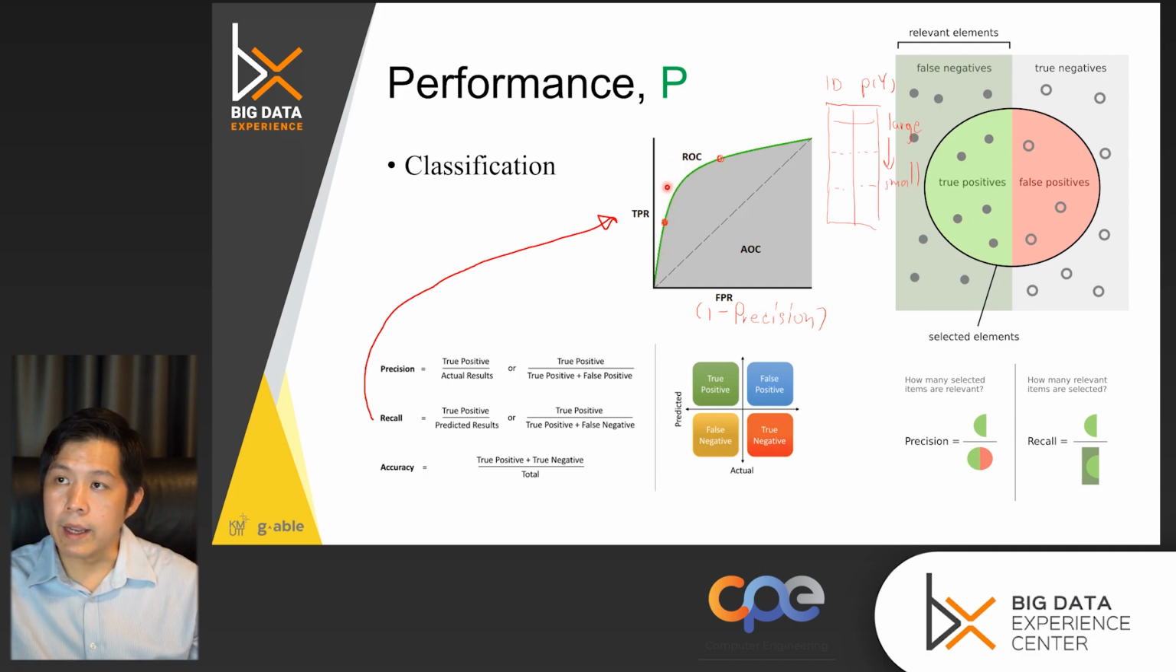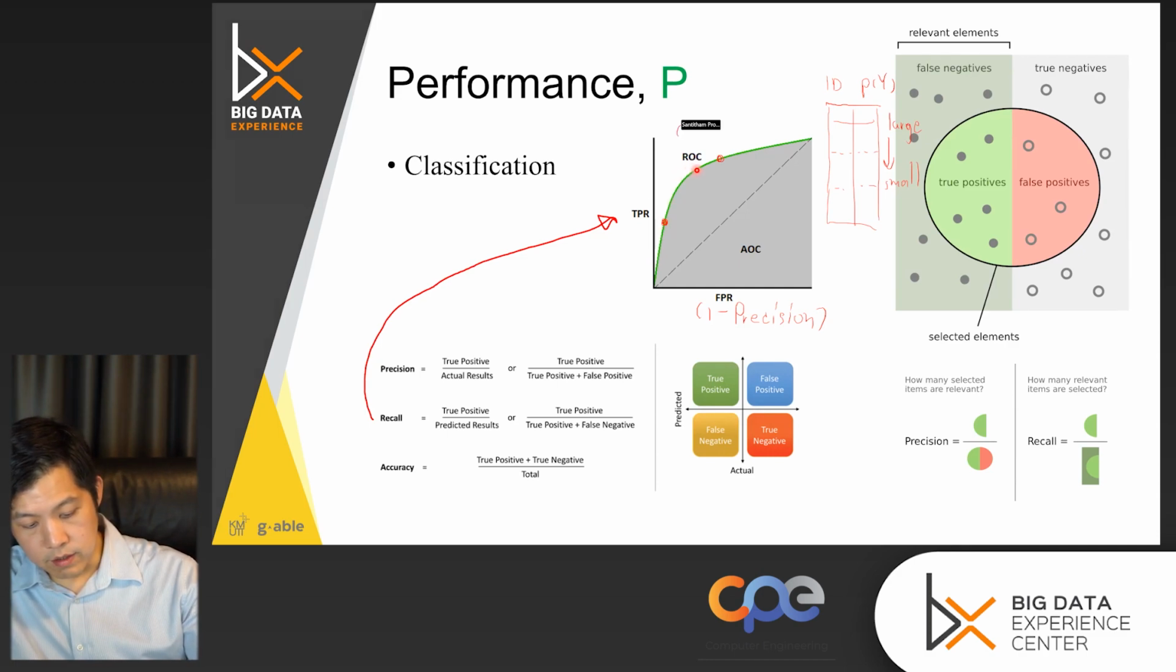And when you draw a line connecting the points of the curve together, you get this green curve. This is called the ROC curve. The receiver,